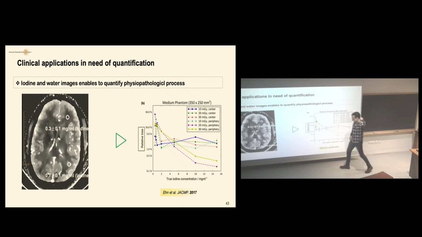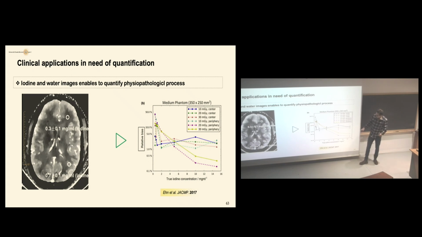Look at the location of the ROI. The ROI here is in the white matter, and here in the gray matter. Usually we need more oxygen in the gray matter. You agree? So that means we have more vascularization, and what you see here is quantitative imaging showing you the functional physiology of the brain, i.e. more concentration of blood provided by the quantification of iodine within the gray matter in comparison to the white matter. Anyway, it still can be improved.